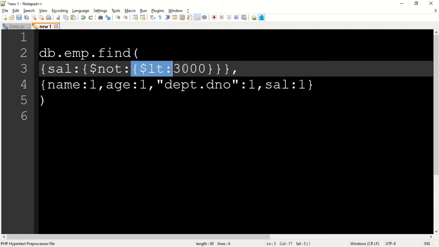So this was the condition before, and we are negating it by the dollar not. So this condition will be negated. So salary was previously less than 3000, now the salary will be not less than 3000.